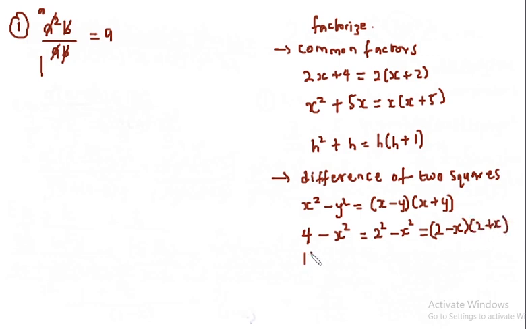Or say you have 16 minus y squared. 16 is 4 squared, so 4 squared minus y squared is equal to 4 minus y, 4 plus y. The idea is that once you have a difference of two squares, you can expand it into two brackets that look like this. With time, you should be able to identify a difference of two squares easily with more practice